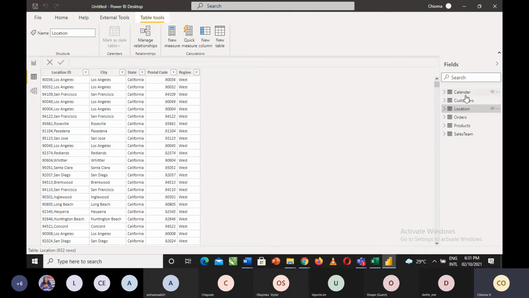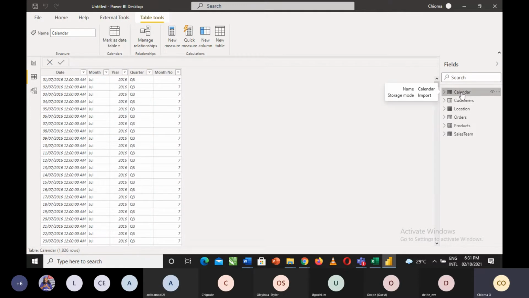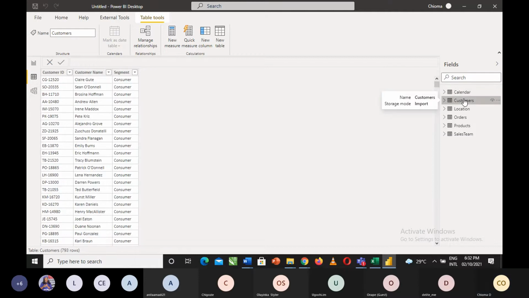For customers, it's still speaking about just customers: you have the customer ID, the customer name, and the segment, which is the kind of customer you have. And then finally the calendar table, which is just our date table that we know. Now, if you notice, the calendar, the customer, the location, the product, and the sales team,